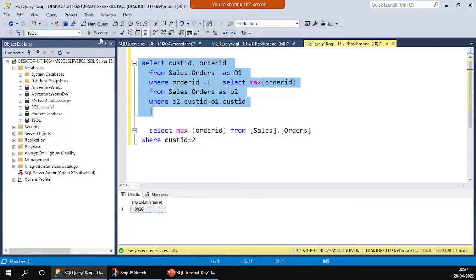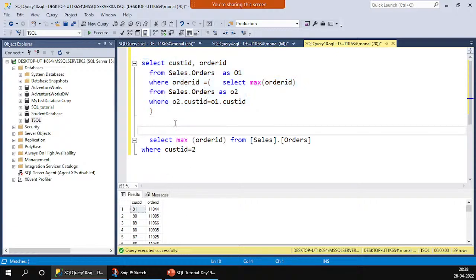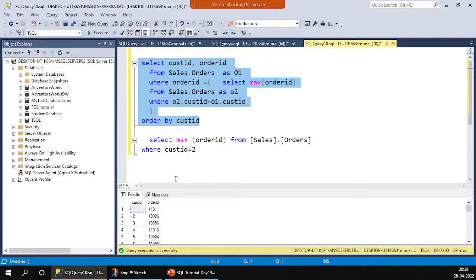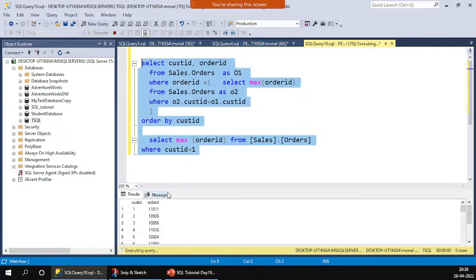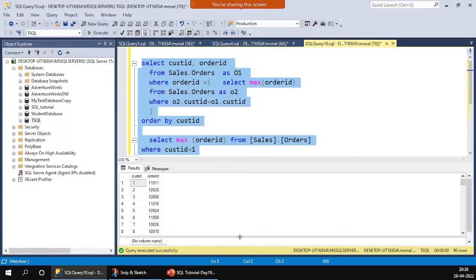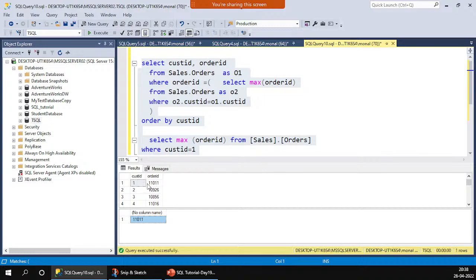Let me execute this query now. Let me do the order by customer ID so that we get a clear picture. Okay, see, for this one we are getting this. Then for the customer ID, the output was, let me show you. See, it's here. You can see clearly, this is the max ID for this customer ID